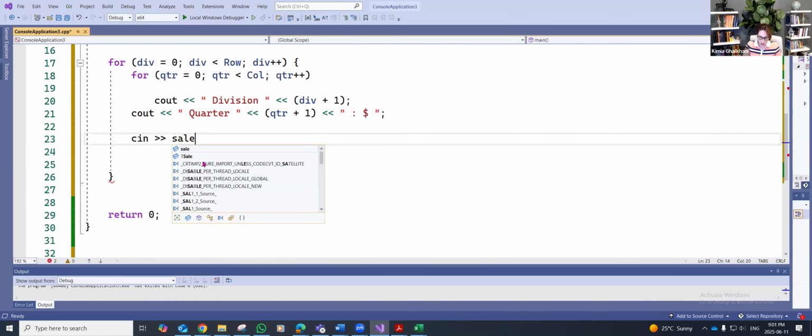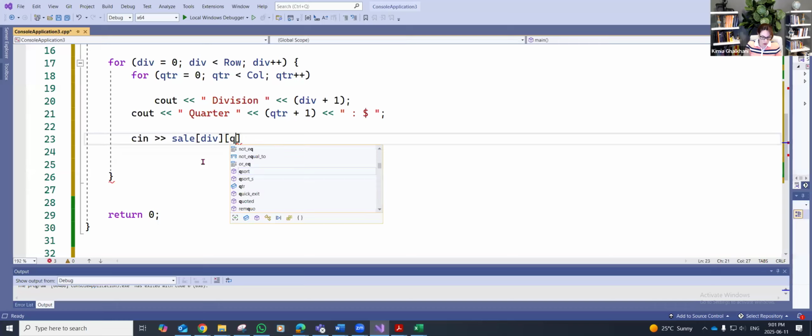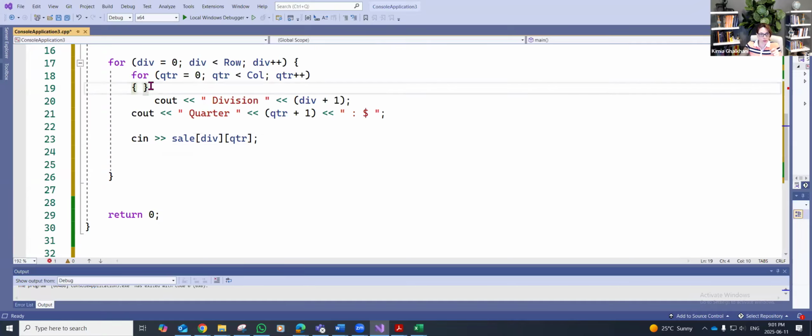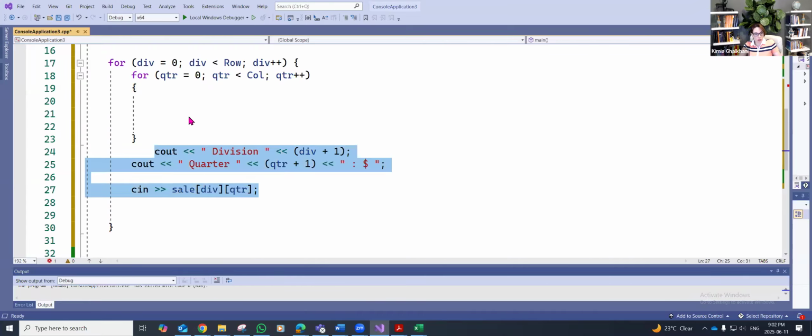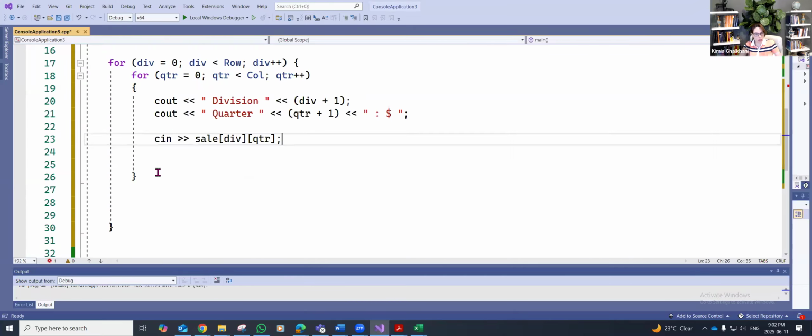Sale, again here, and here should be array QTR, and right after that close it with a semicolon. Get out of the nested loop, close this loop, right? So in here open it, and this whole thing should be inside the nested loop, and in here just get out of the nested loop and cout